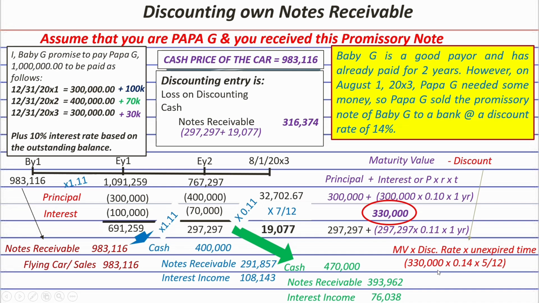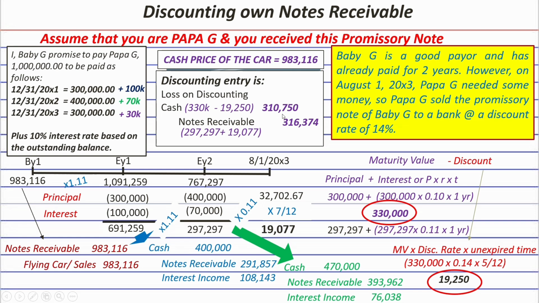Okay? Now, 330,000 times discount rate of 0.14 times 5 months over 12 months equals 19,250. Again, 5 months came from the number of months from August 1, 20x3 to December 31, 20x3. So that's 5 months. So the discount is 19,250. Okay? Which means that the cash that you will receive as Papa J is 330,000 maturity value minus the discount of 19,250, and that will be equal to